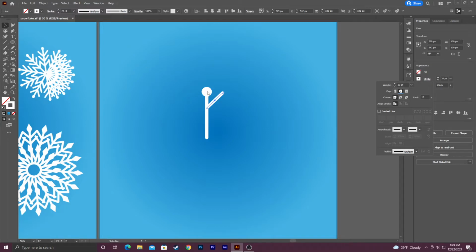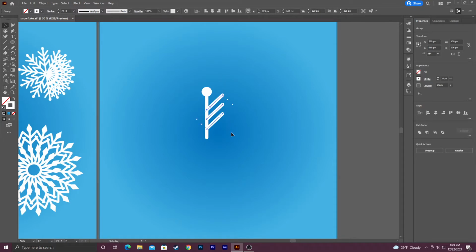And then I'm just going to duplicate this element. I might move it down a little bit because it's a bit higher up there. So like that. Hold down Alt and you can click and drag. If you want multiple of these, you can hit Control D. It'll duplicate the last steps that you did. I'm going to go ahead and select all three of these, group them, and then I'm going to flip them